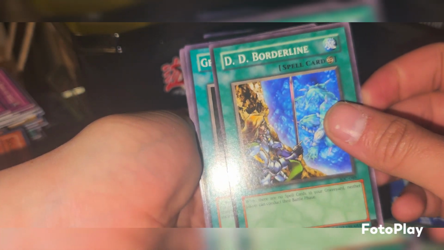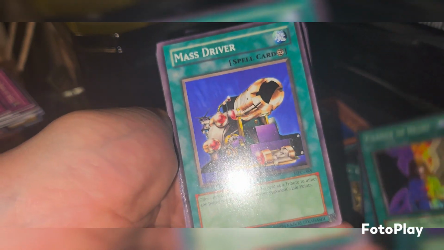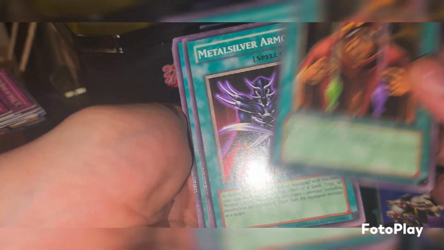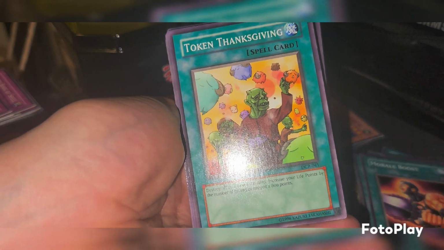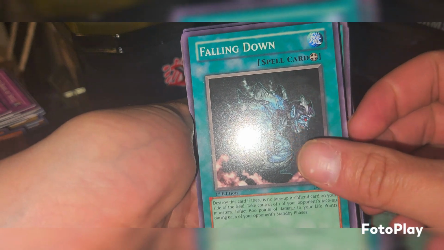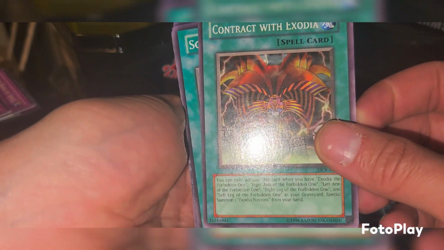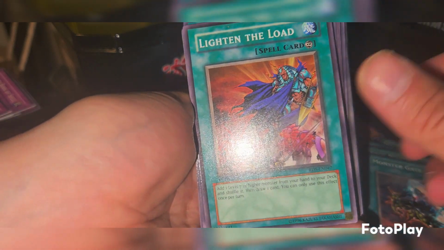Alright. We got Burning Land, Dragged Down into the Grave, Rod of Silence Chaos, Dr. DD Borderline, Gravity Axe Grawl, a true Change of Heart, a Mass Driver, Potion of the Old Man, Metal Silver Armor, Rare Gold Armor, Moral Boost, another Token Thanksgiving, a Soul Absorption, Token Thanksgiving again, another Moral Boost, Fairy of the Spring, Fallen Down, Contract with Exodia, okay, that's fire, Soul Reversal, Monster Gate, Lighten the Load,